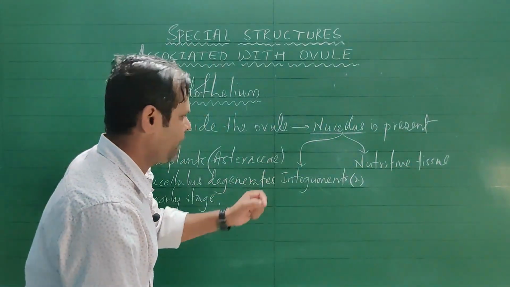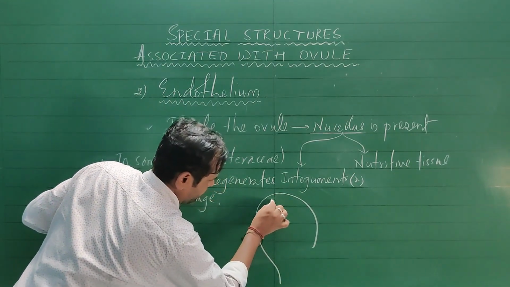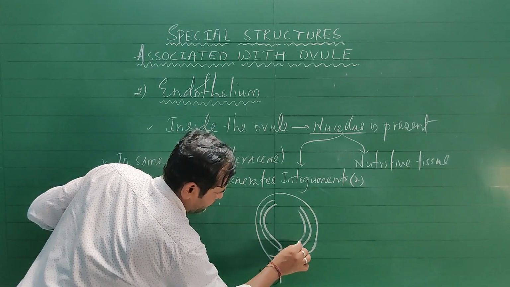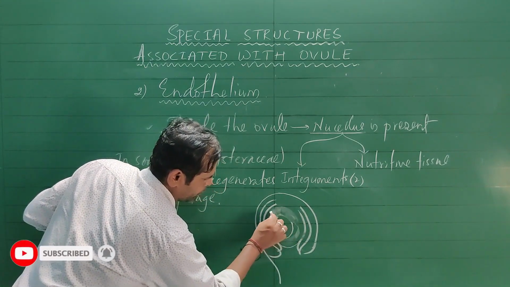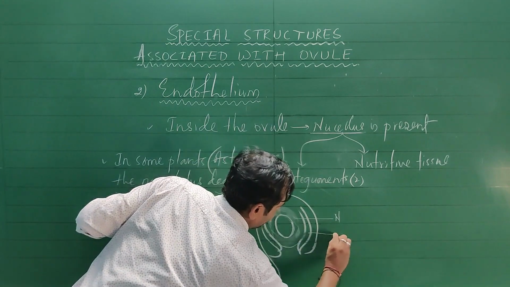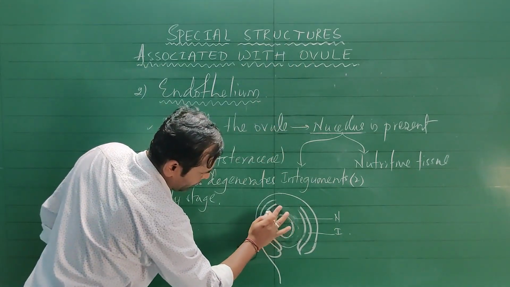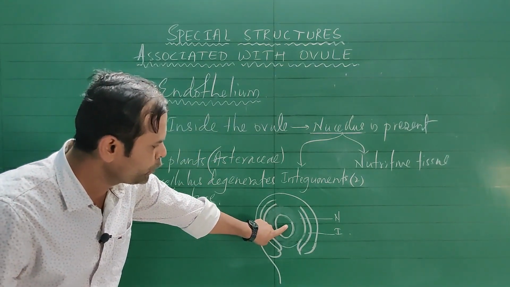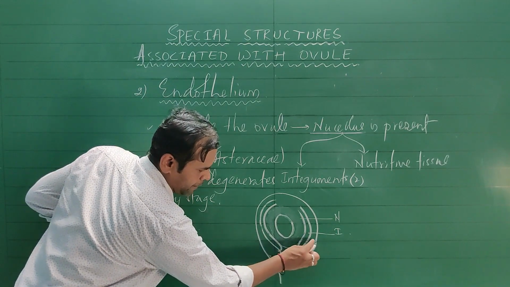क्वेश्चन ये आता है. अगर मैं डायग्रामेटिकली दिखाऊं आपको तो ये है ओव्यूल, ये है एम्ब्रियो सैक, और एम्ब्रियो सैक के आसपास है न्यूट्रिटिव टिश्यू नुसेलस. सो दिस इज नुसेलस, और ये है इंटेग्यूमेंट्स. तो अब क्या हुआ? नुसेलस पूरा डीजनरेट हो गया. तो नाउ एम्ब्रियो सैक को न्यूट्रिशन कौन देगा? नाउ व्हाट विल हैपन? द इनर इंटेग्यूमेंट, दिस इज आउटर, दिस इज इनर.